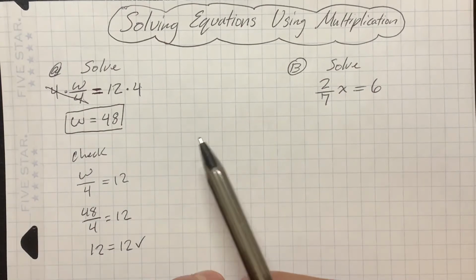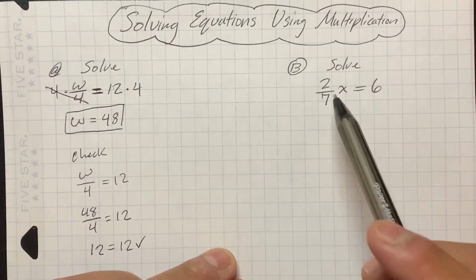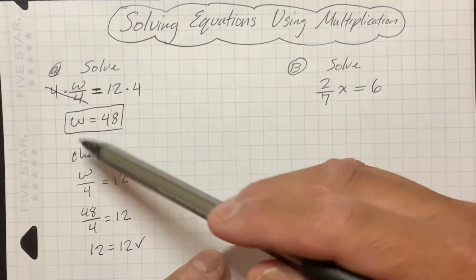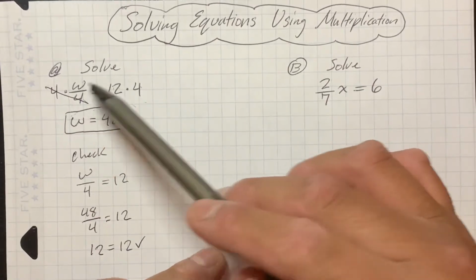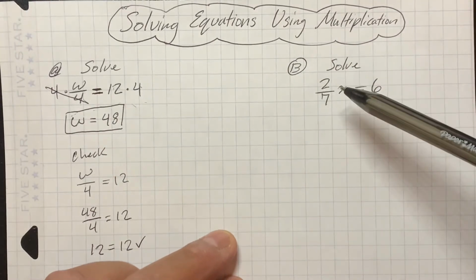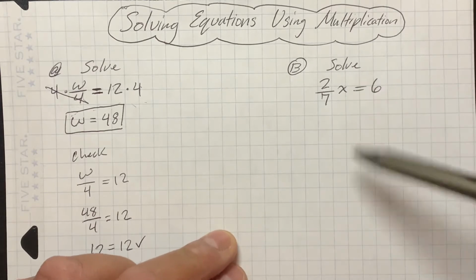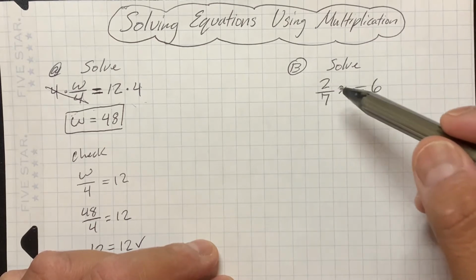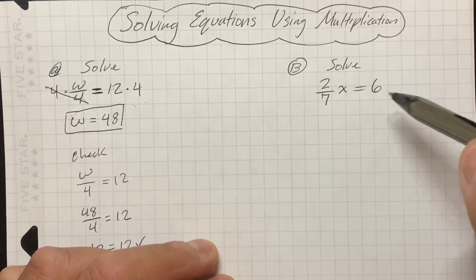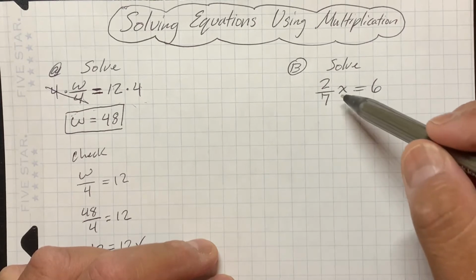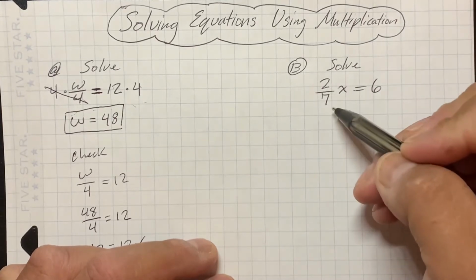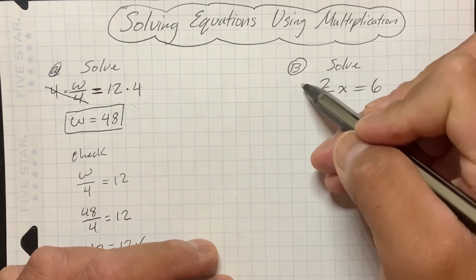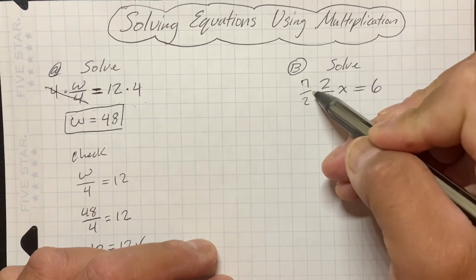Okay, let's do that again, but this time we use the multiplication property of equality, doing the same thing on both sides of the equation. Here we're going to use the multiplicative inverse property. So again, that's where we reciprocate, and we apply that to both sides of the equation to isolate the variable. So 2 over 7, we're going to reciprocate that. So this becomes 7 over 2, and if we were to multiply that,